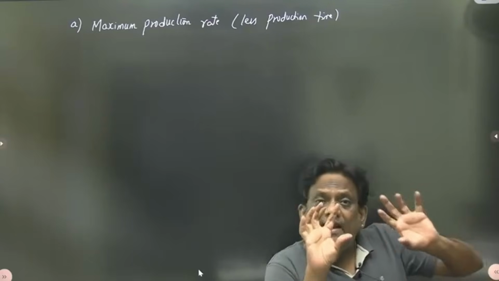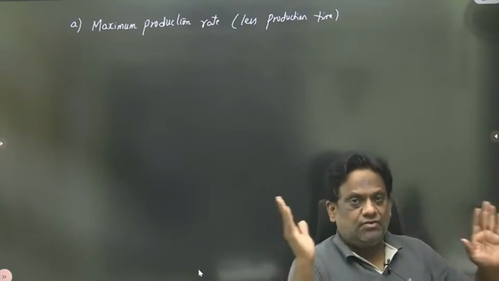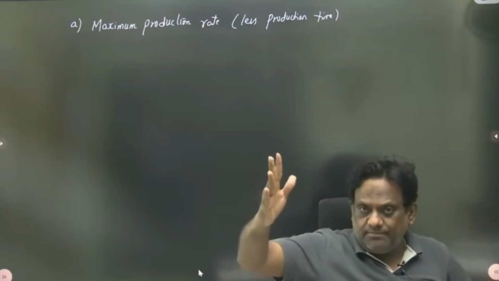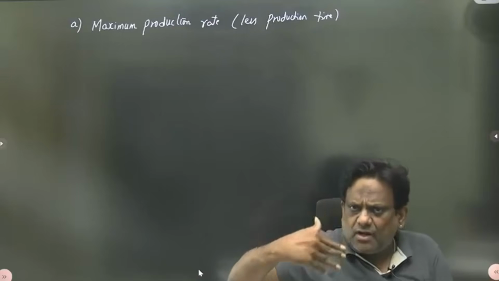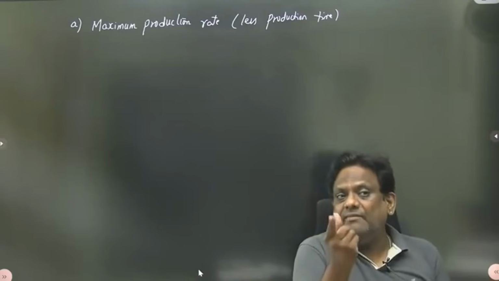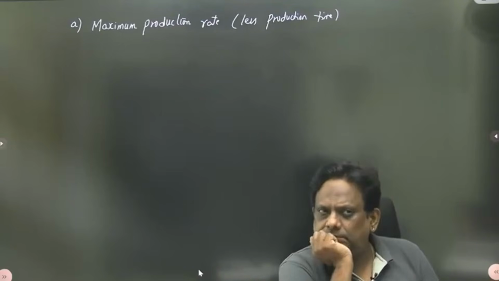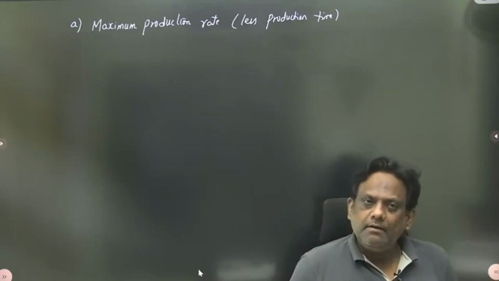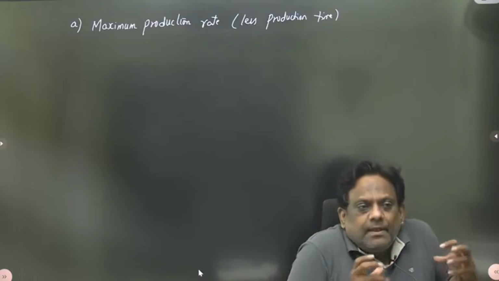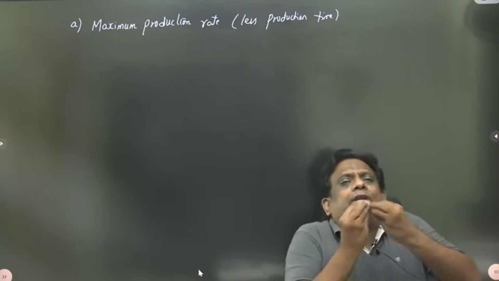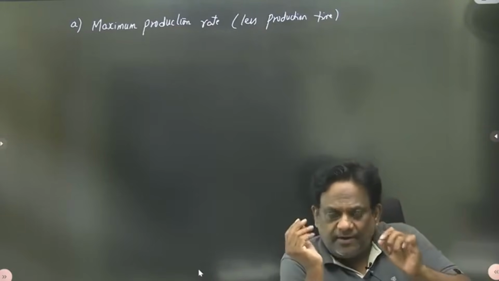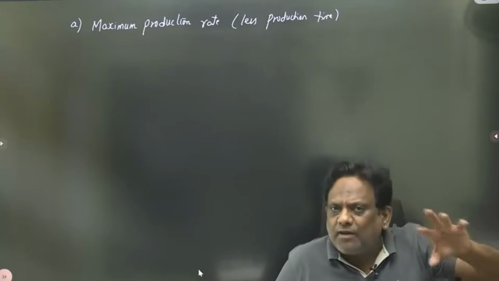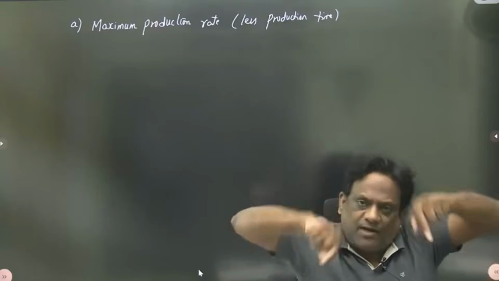Therefore, I will divide the time into two parts. One is the time which depends on velocity, cutting velocity. And the time which is independent of velocity. Got confused? For example, I'm loading a component on the machine. Look carefully. I have not started running the machine. Before that, I have to load the workpiece.